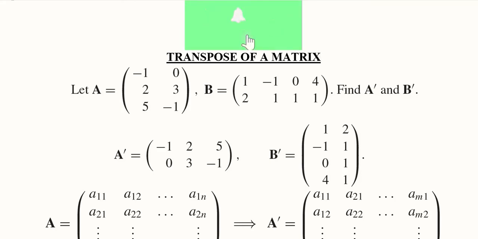Hi there. We have understood the various operations of matrices, and we have done the addition, subtraction and the multiplication. But when it comes to division, it's not that straightforward because we cannot simply divide the two matrices. We have to find the inverse of the matrix in the denominator, and for that we need to know about